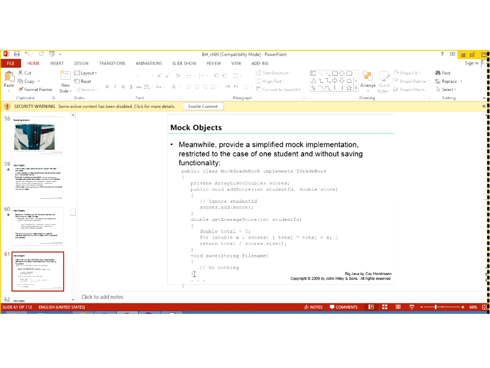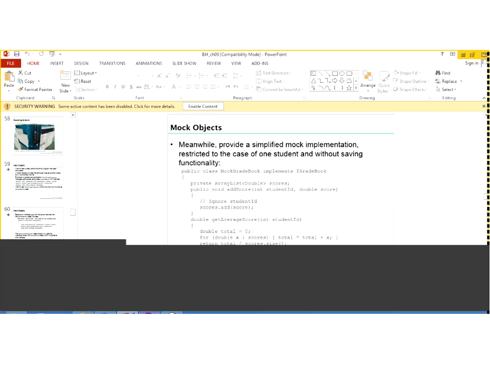For the method that is save, I will just write the method name, and I will write here the body and leave it empty. Just make sure that you write the braces. So in order to show that as if you are providing implementation, but in fact you're doing nothing here. Okay, so to summarize,